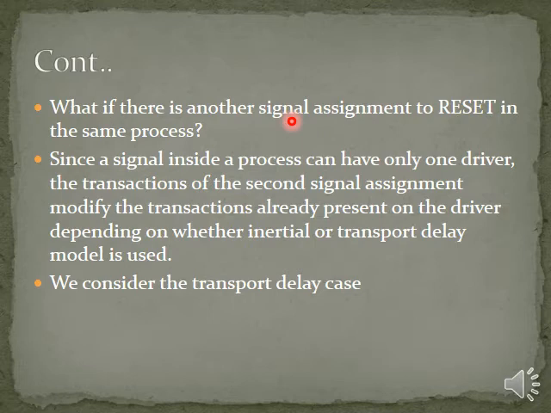Here also, only one signal assignment statement is there. If we are assigning more than one value to that signal assignment statement, then how is it going to be managed? That we are studying here. Why? Because it depends on the driver. So for each one there is one driver. Driver is nothing but it holds those values. Only one driver is there. But if we are giving two values, then how is it going to accept?